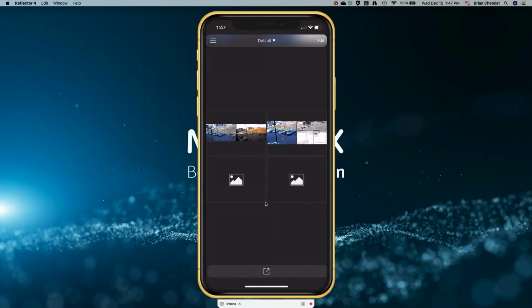I probably went a little deeper than I needed to on some things, but that's enough to get you started. The app's free, of course. I suggest getting it, play with it as soon as possible, and I think you'll really dig it. Just like I say, if you got cameras at your house or your business, just be sure to set up the remote connectivity part. So when you are quote unquote abroad, outside your network, you can still connect and do things from your mobile device.